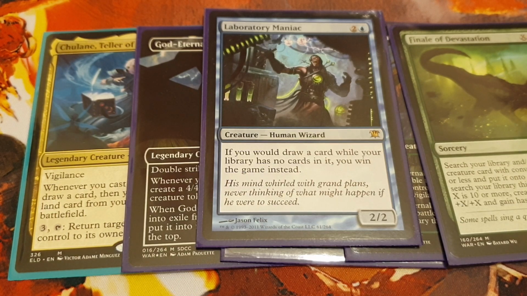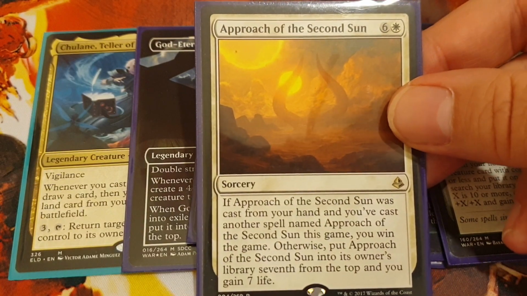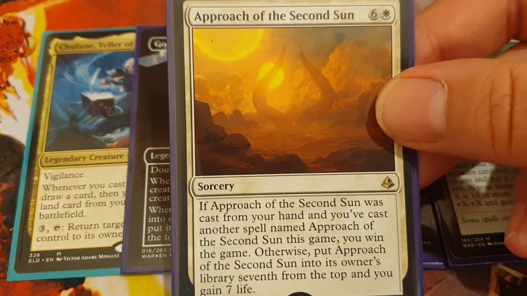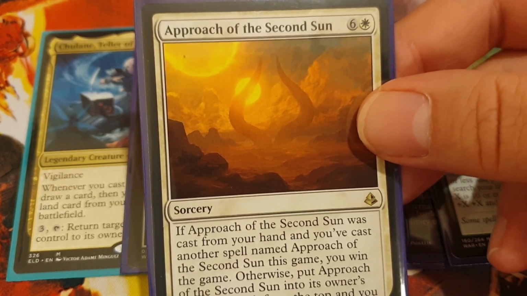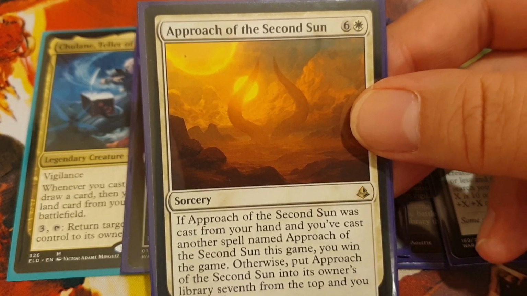What happens if Labman gets removed from your deck somehow, or from your hand, or gets discarded? That's why we're playing Approach of the Second Sun. What? Yeah, you know how it is. If we're playing white, we're going to be playing Approach of the Second Sun. You've heard me talk about this on videos before. If we're playing white and we can fit it, we're going to be playing Approach of the Second Sun for